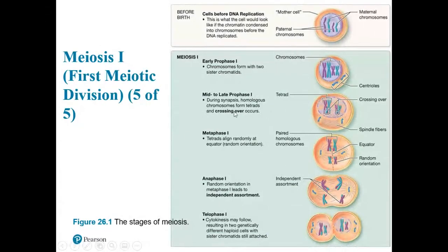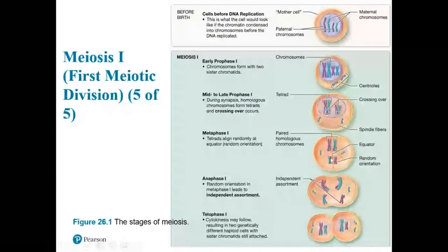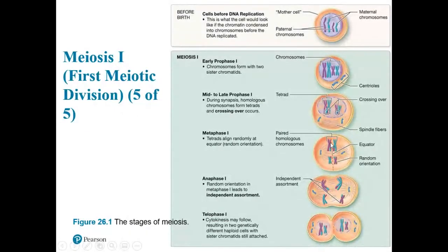So this is arguably one of the most important phases of meiosis within all of the phases that there are, out of the 8 to 10 phases. Next is metaphase, chromosomes align in the middle of the cell. Next is anaphase, chromosomes are separated. Half go to one pole of the cell, the other half go to the other pole. And then telophase,